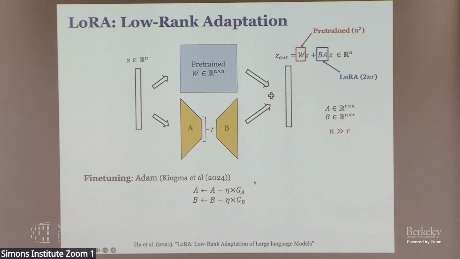Matches introduced Adam this morning, so I don't have to say much about it. You can think of it as basically the same as stochastic gradient descent, but G here is a normalized gradient or some processed gradient. You have momentum plus normalization, and you get something like this. I'm going to show you that these training dynamics are suboptimal when the embedding dimension is significantly larger than the LoRA rank, which is a practical scenario.